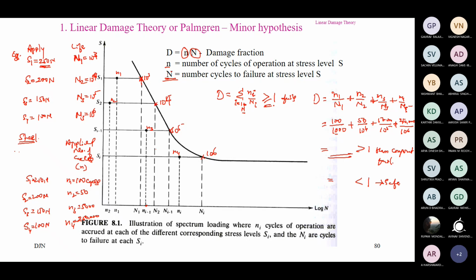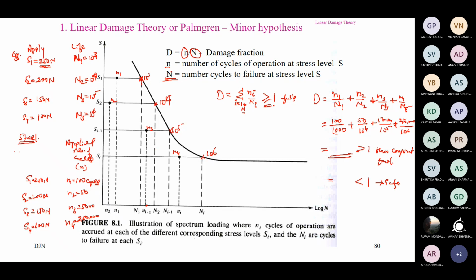The damage may vary with every cycle. The first cycle might have induced a damage of 0.1. The next cycle, maybe of the same load, may not create a damage of 0.1. It might be less than that. It could be more than that. It is a material response to the applied load, depending on several factors.